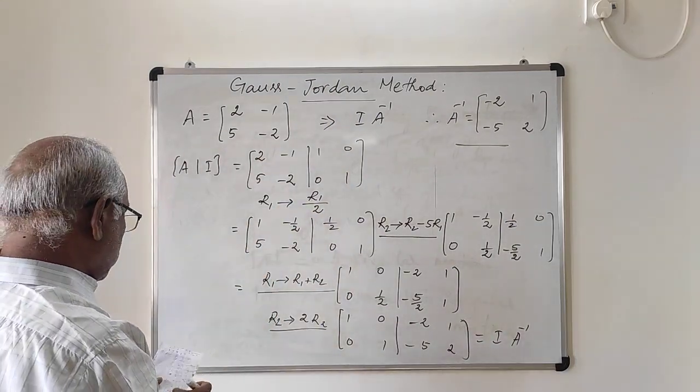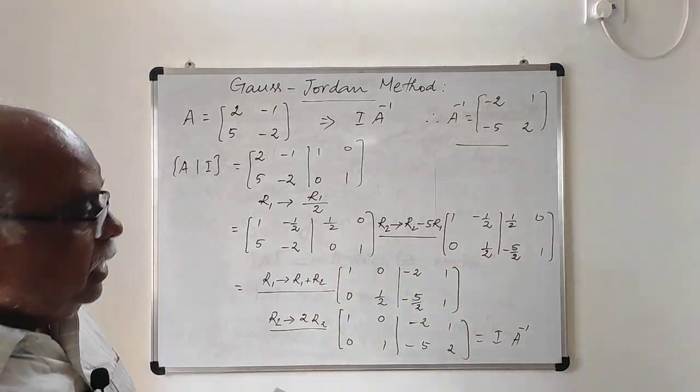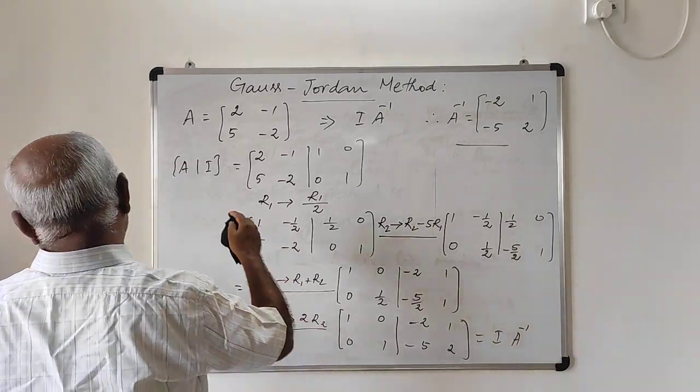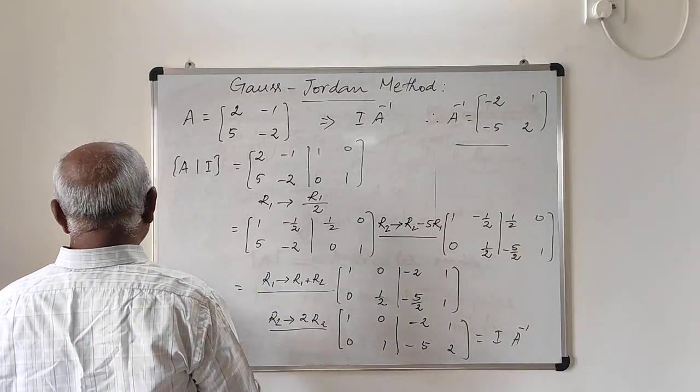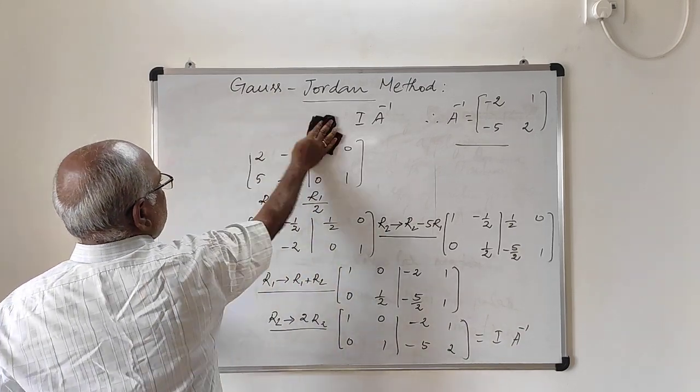Now, next I am going to solve one more problem, a 3 by 3 matrix, finding its inverse by the Gauss-Jordan method. We will see. Next problem. Find the inverse of